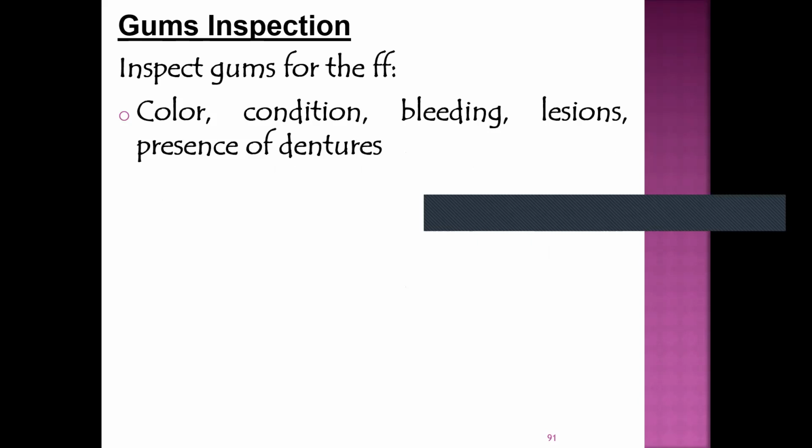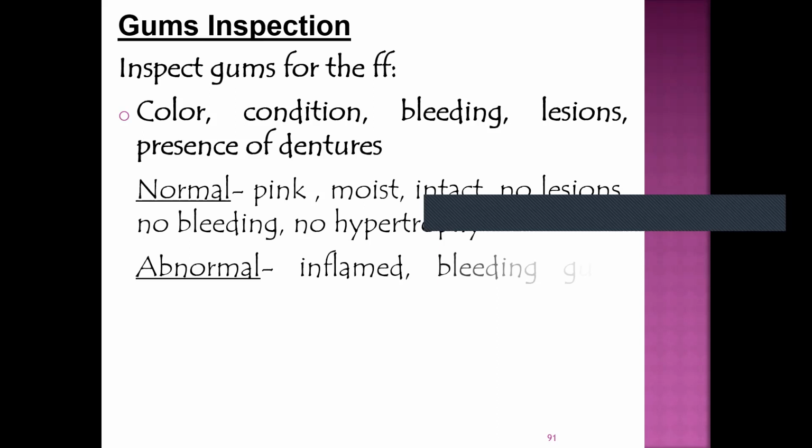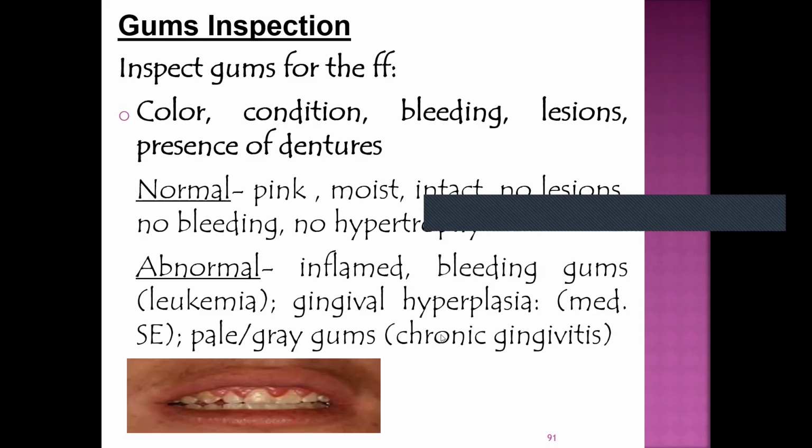In terms of your gums, again, check for the color, condition, bleeding, lesions, and presence of dentures. Now, is it pink, moist, intact? Of course, you're expecting that there is no blood or hypertrophy. Now, what is not normal is that your gums are inflamed, such as in the case of leukemia. Now, this gingival hyperplasia,